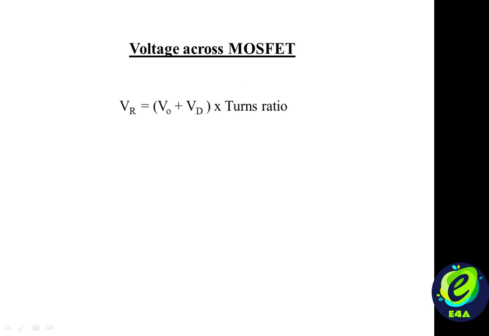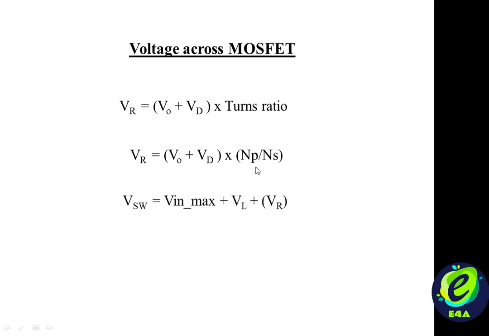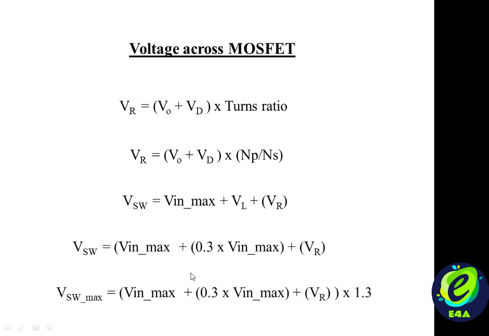This is the formula of reflected voltage. Turns ratio is given by Np upon Ns. Hence the total voltage stress on the drain of the MOSFET will be a summation of the maximum DC voltage due to line input, plus the voltage spike due to leakage inductance of the transformer, plus the reflected voltage. As a general rule of thumb, the voltage due to leakage inductance is taken as 30% of the maximum input DC voltage. Also, one needs to have at least 30% margin above the total voltage in the selection of the